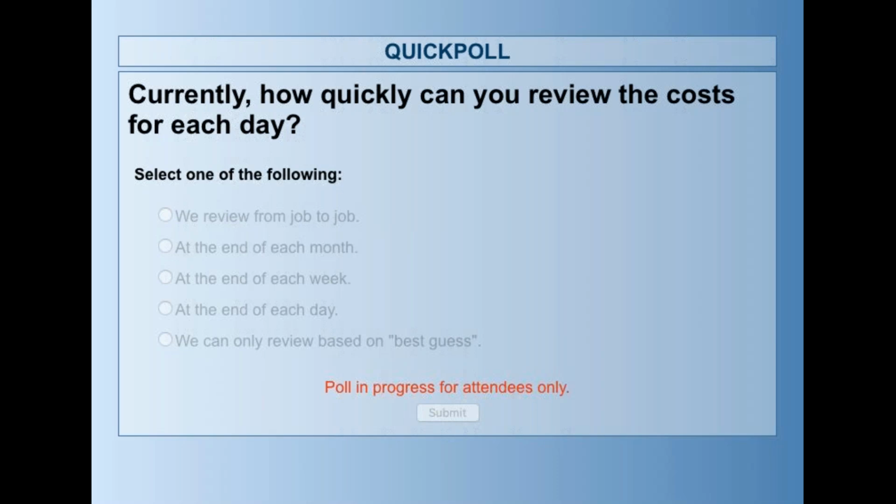Okay, I cannot see the poll question. So Israel, if you can see it, do you want to go ahead and ask that poll question, please? Yeah, it's just saying currently, how quickly can you review the cost for each day? So talking about labor costs, project costs. And then the answers would be, we review from job to job, we review at the end of each month, at the end of each week, at the end of each day, but we can only review based on best guess.